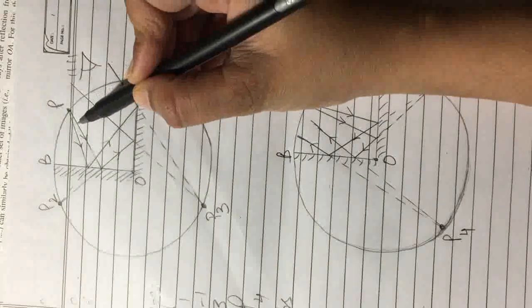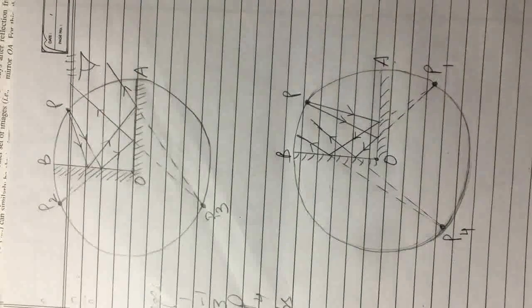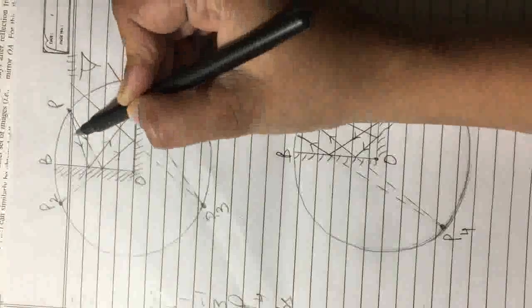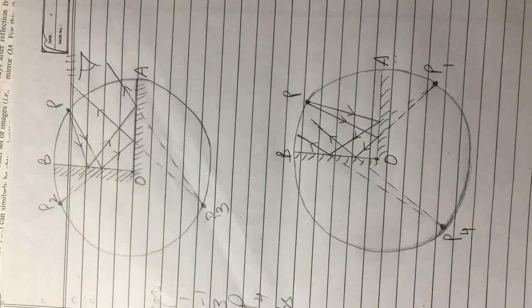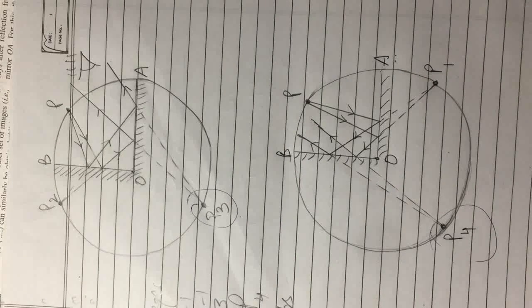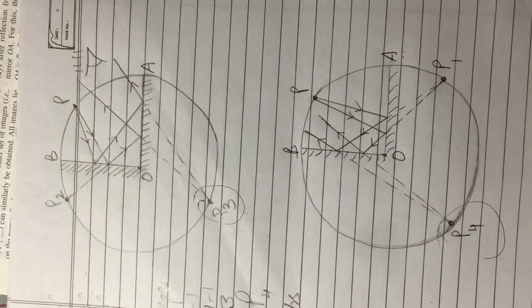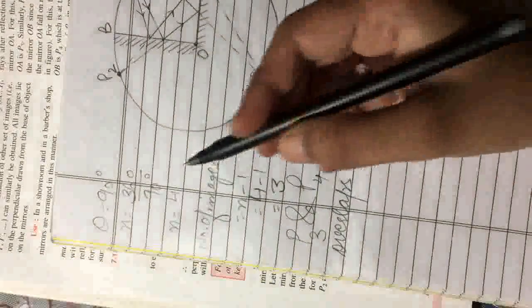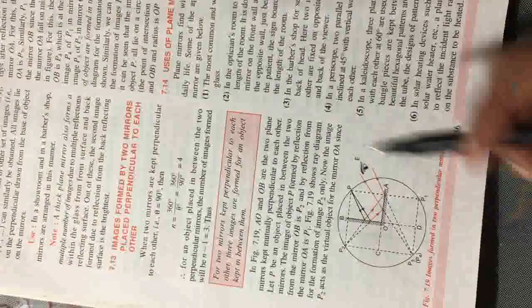Now the two light rays falling on OB or OA do not occur separately. These light rays may fall on both the mirrors simultaneously. So what will happen? The images P3 and P4 will overlap with each other, and the total images which will appear to us will be 3. So the number of images formed in this case will be 3. This is the calculation which I have already shown over here.